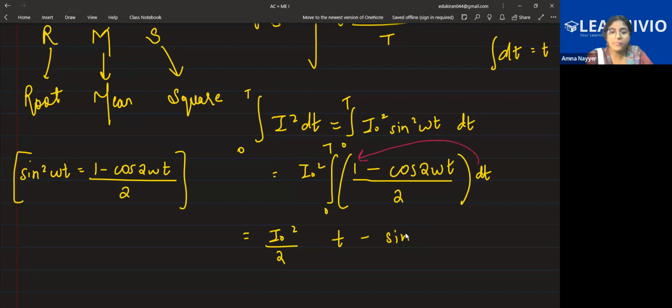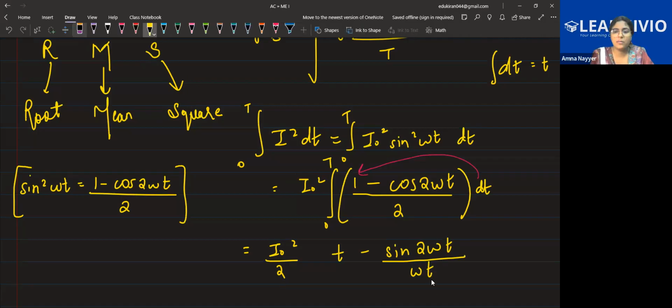So sine 2 omega t. Okay, 1 minus cos 2 omega t we had. So cos becomes sine, and this is 2 omega t that we have. And obviously in integration, in the last class also, I told you that the constant part which is present in the angle will come in the denominator, 2 omega, not omega, because the constant is 2.